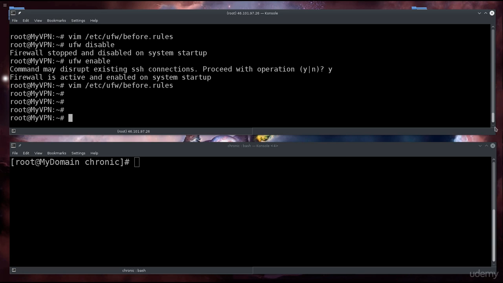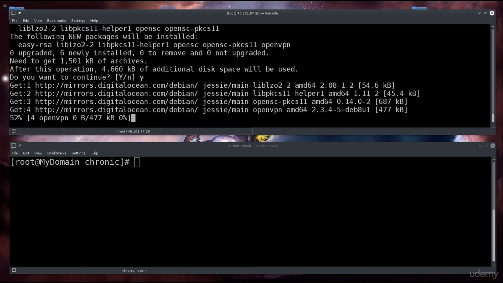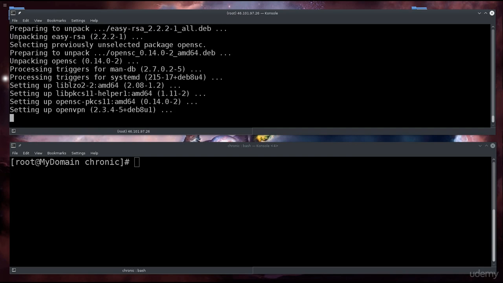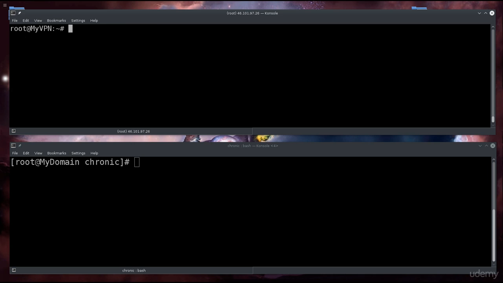Now, what we will need to do is apt-get install OpenVPN easy-rsa, and then just go ahead and say yes. So these are the things that we need to install. We need OpenVPN and easy-rsa. And then we will need the configuration files for our VPN server. So just type in g